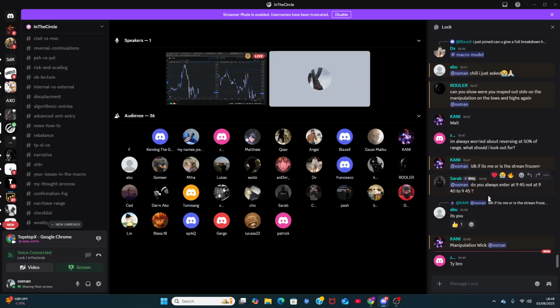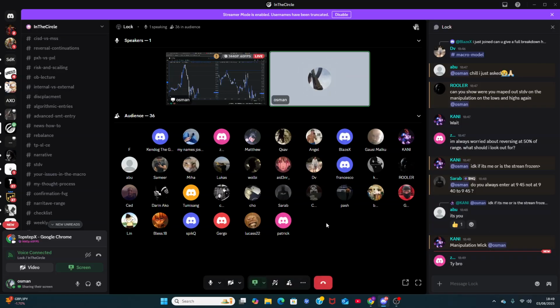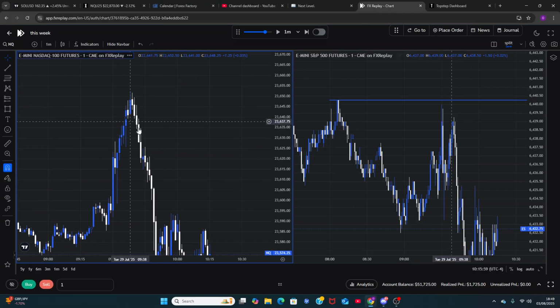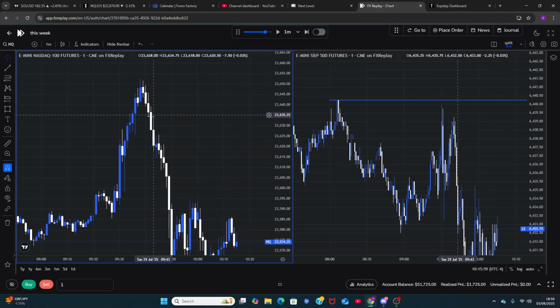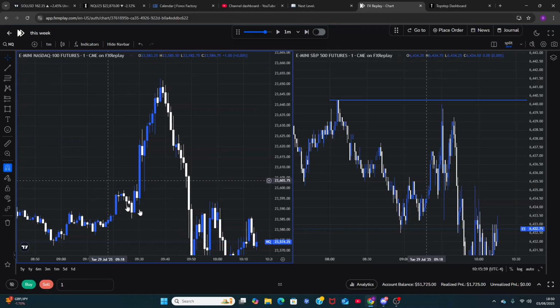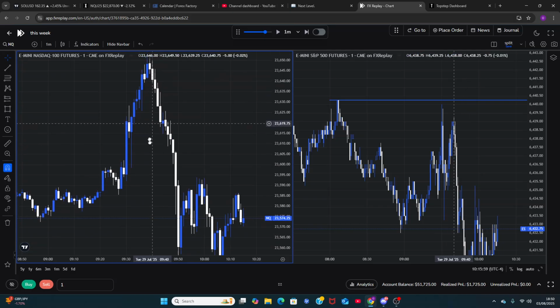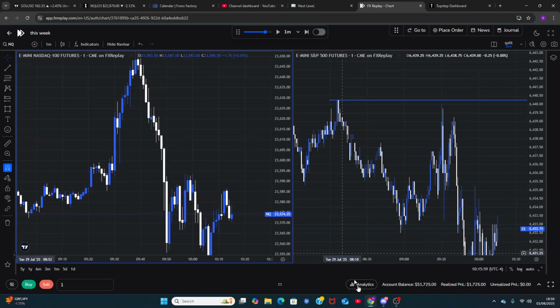Do you always have to enter at 9:45 and not 9:40? No, you don't have to always enter at a specific time. The best timing to enter is 45 to 50 or 40 to 50, of course. But you don't want to pattern trade it. You'll get to a day where price might be good at 55 and 45 wasn't good. You can't just enter at 45 because it's the best time to trade. If your alignments don't line up, then don't pattern trade the time. Because at the end of the day, price is important as well. You want to have both of them aligned together.